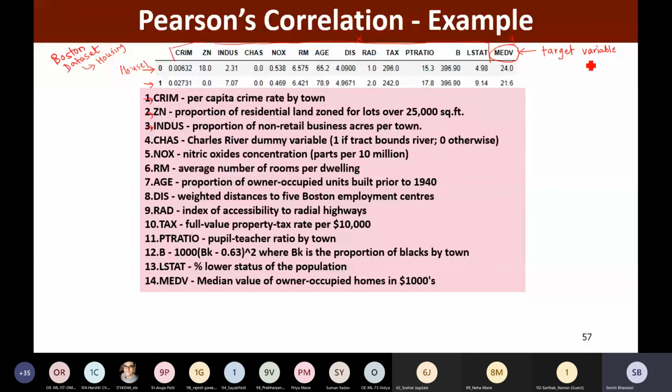Y is the dependent variable or my target variable. So we want to predict this MEDV based on these features, right? Have you understood the problem?